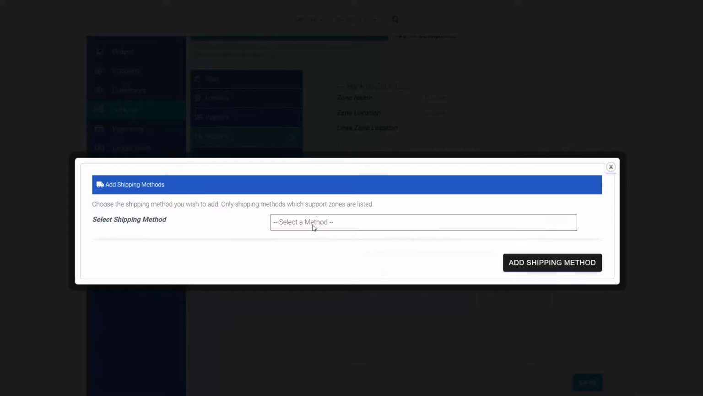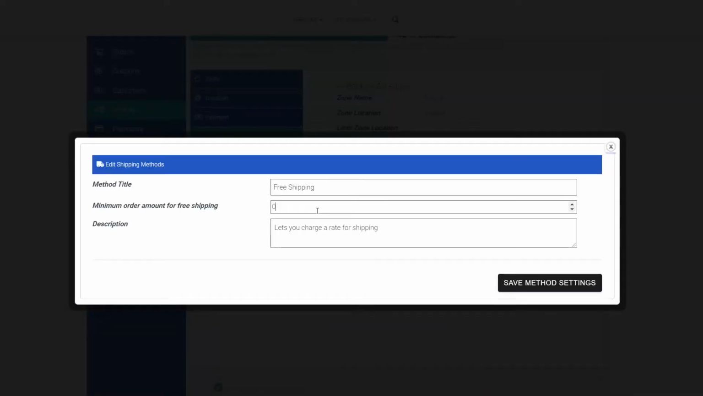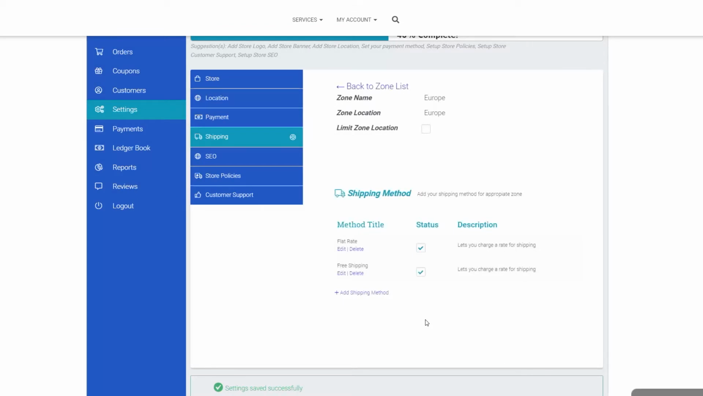And then you go here, you add shipping method again, free shipping, the same thing as before. And then you have to put the amount. So as we said, maybe you want to put €75 this time. And then, so now you covered your home country, you covered the European zone, and then usually post offices have